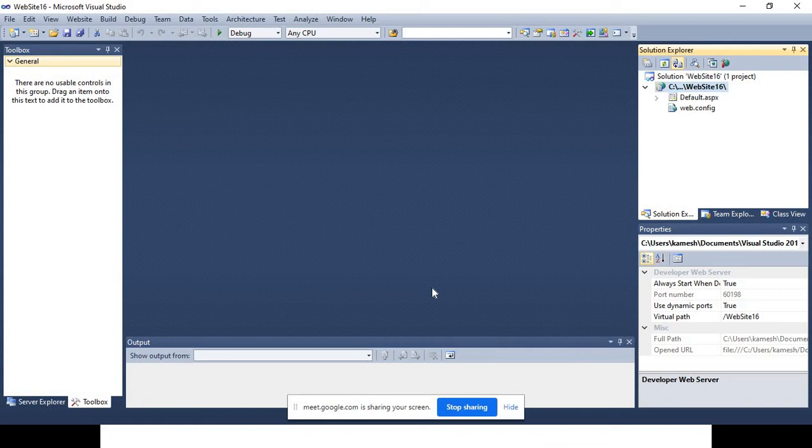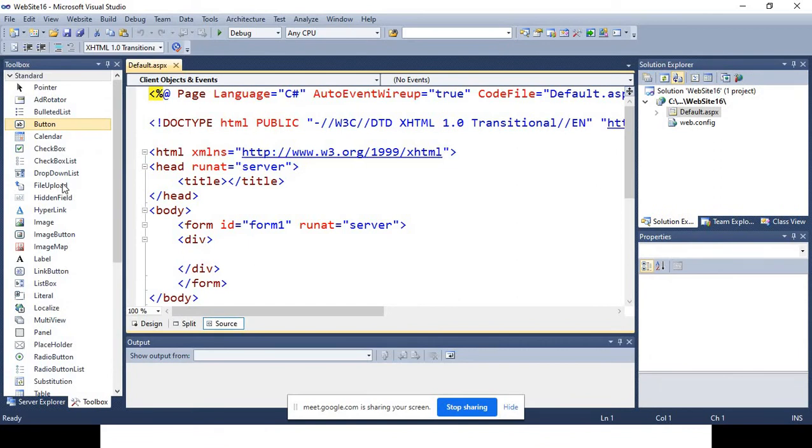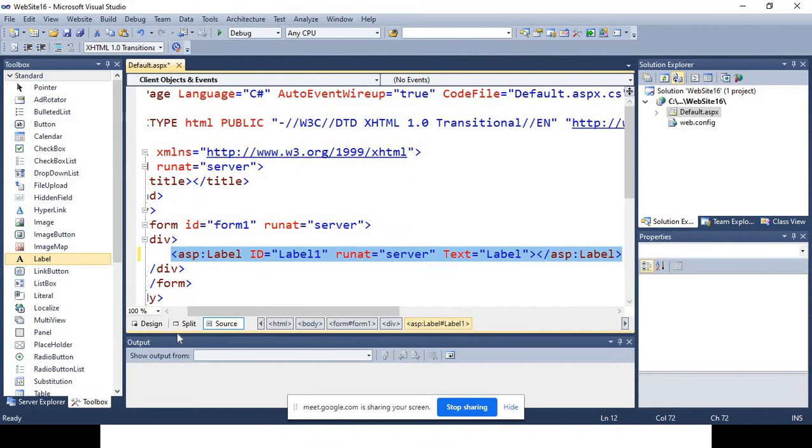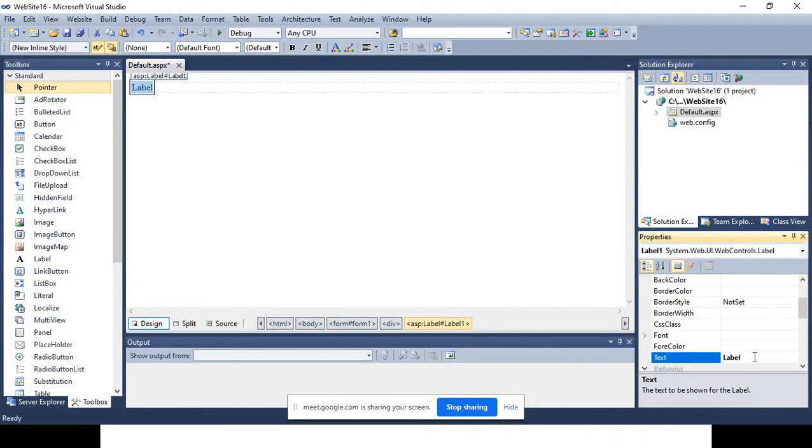Now suppose in this particular web page, I'll show you how we can take a label control and how the label control gets rendered, right? So I have placed a label control, something like this, and here I'm writing hello into the label.